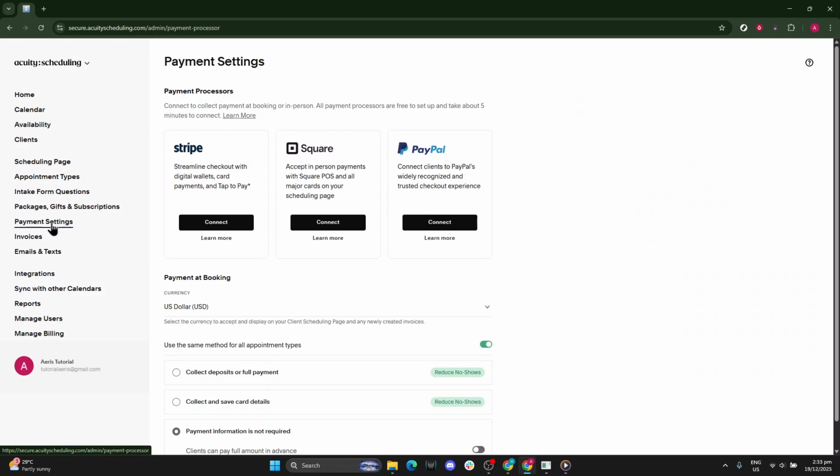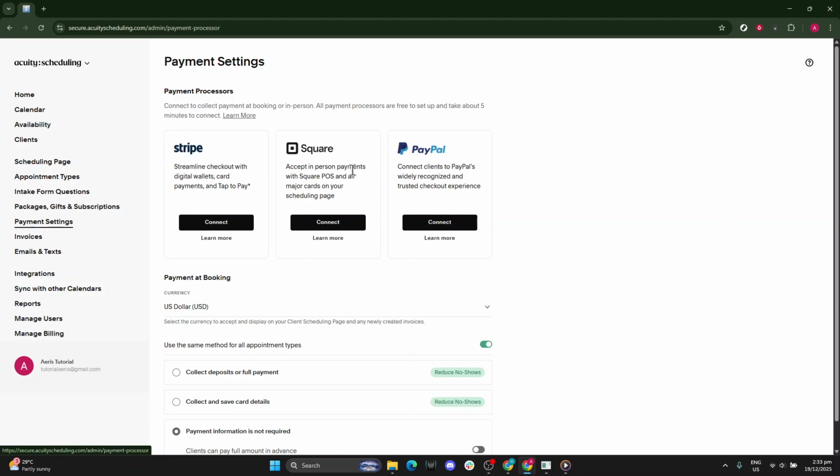Clicking into Payment Settings will bring up the available payment providers your account supports, and you'll see the popular options: Stripe, Square, and PayPal. Each of these providers securely processes payments, but they offer slightly different experiences. Stripe is great for card payments and online checkouts with lots of customization. Square is a solid choice if you also take in-person payments and want everything under one roof. PayPal gives customers a familiar wallet experience and can increase trust for those who prefer paying through their PayPal balance